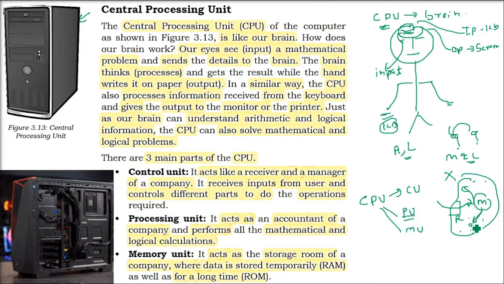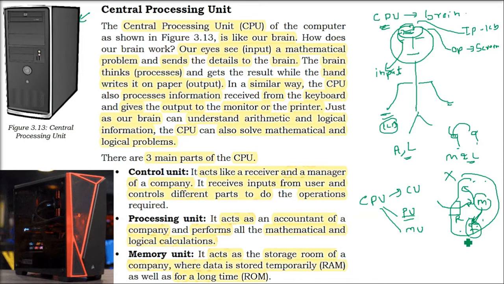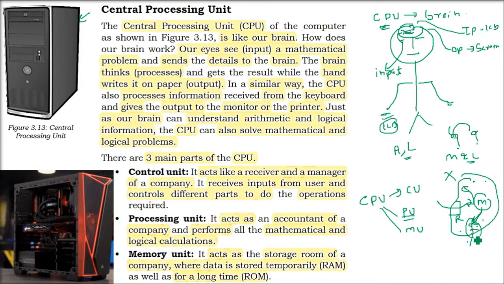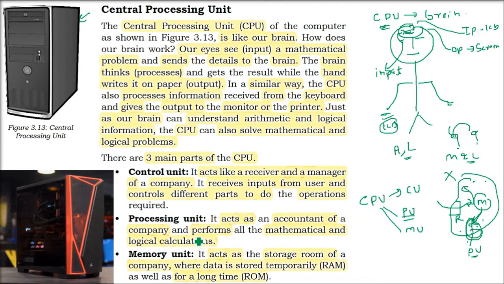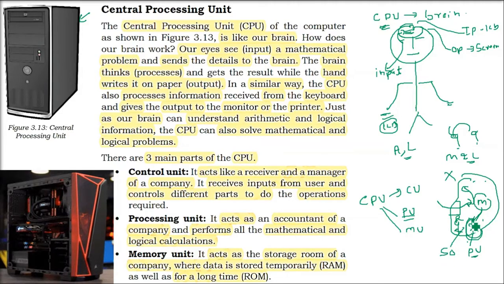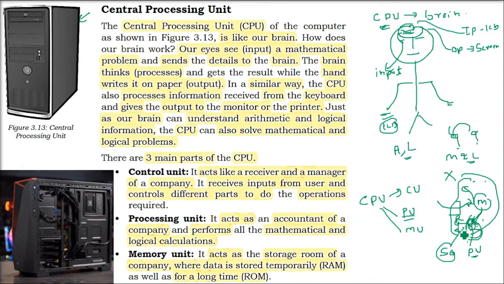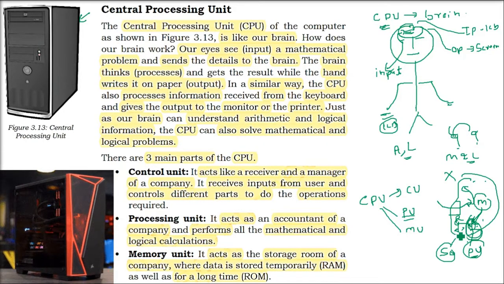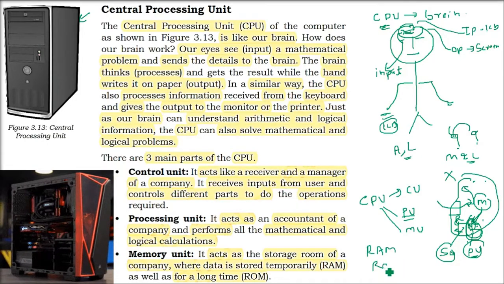Then there will be an accountant. Whatever information or task he gets from the manager, he will perform certain operations on it. You can call it a mathematical and logical operation, in this case, calculation. So you can call an accountant the processing unit. Coming to the store officer, he will take care of the storage activity, warehouse or upkeeping of the work, or keeping it in the shelves. He can always give the information, he can always save the information. So we have the memory unit.